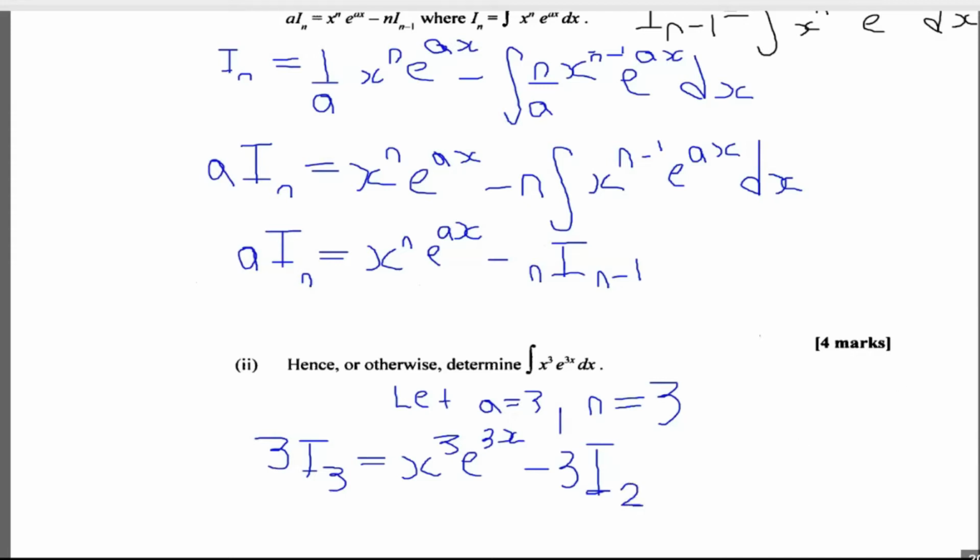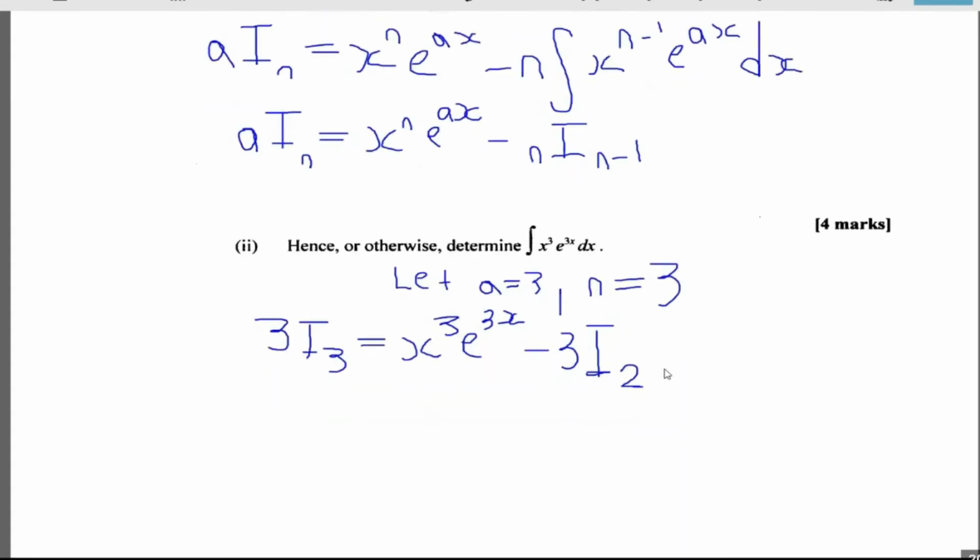Nice. Now you see what's going on? Yes, lovely. So now we can find 3I2. So we're going to have to find 3I2 now. So let's find 3I2. Let's put it in black. So to find 3I2